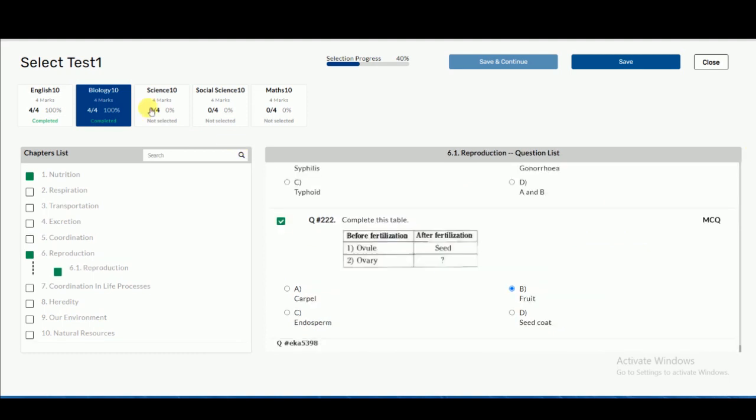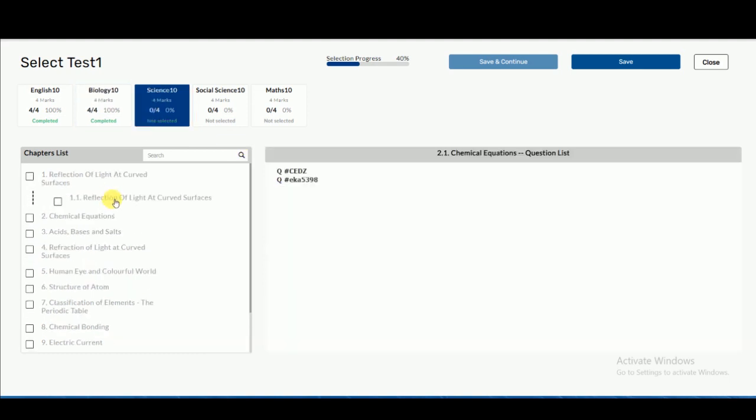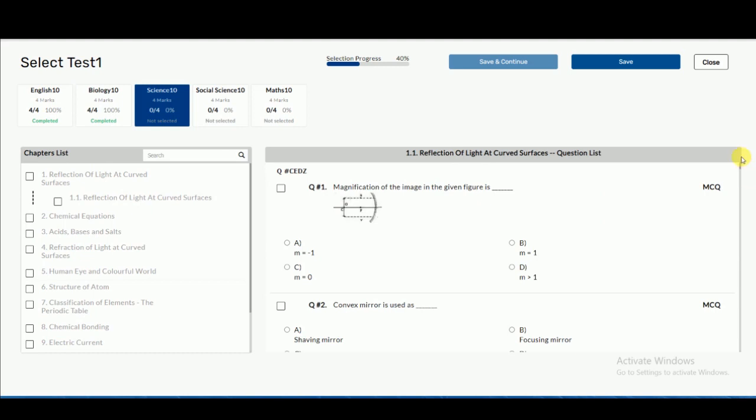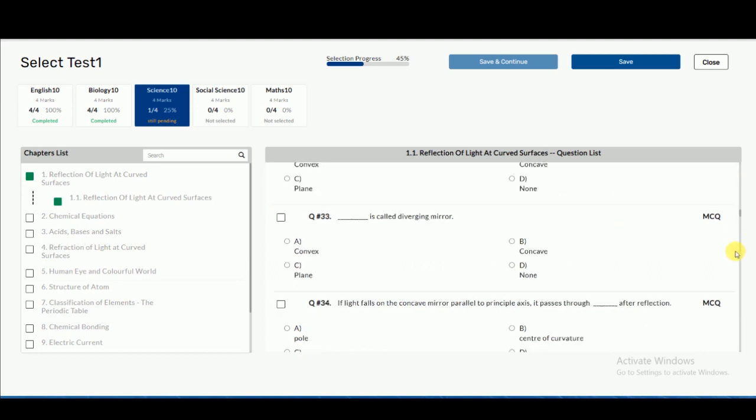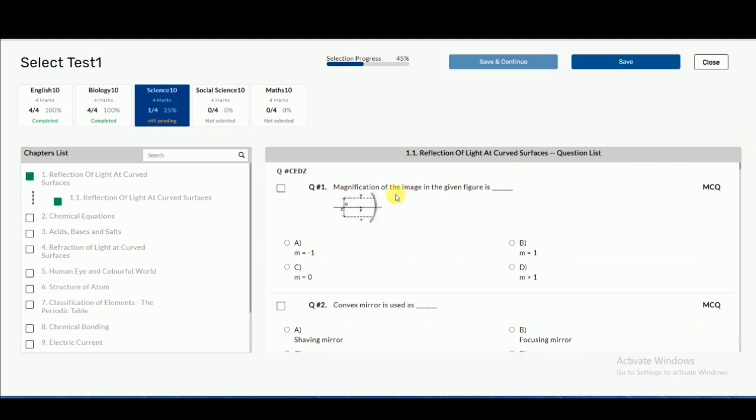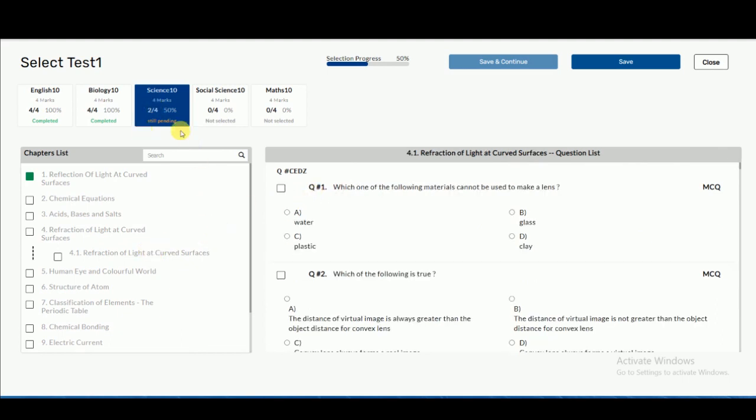Let us select 4 questions in science. Since 4 questions make up 100%, each question makes up 25%. So when we select every question, the percentage increases by 25 points. There we can see when we select 2 questions it's 50, when 3 it's 75, and for 4 it became 100. And after that we will not be able to select any more questions.